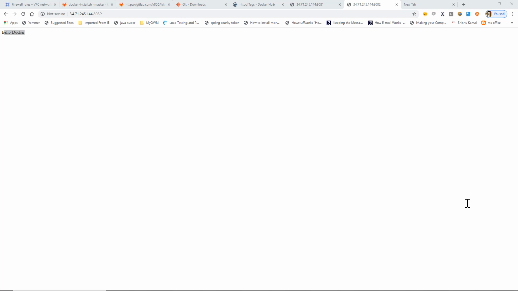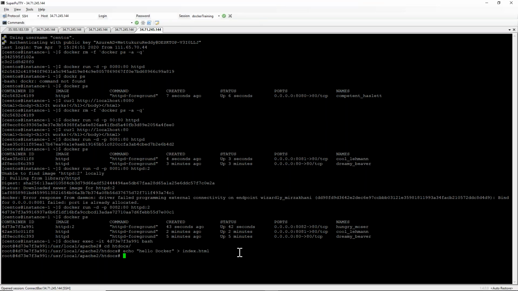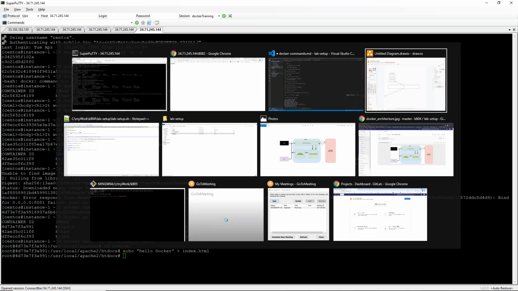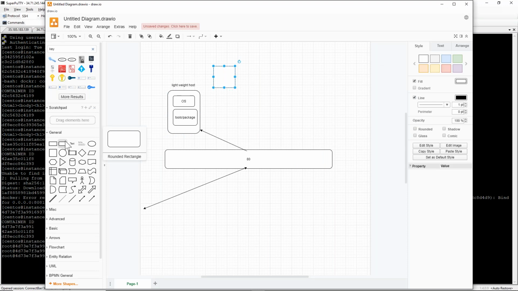Hi Shiva, I have one basic doubt. On our host, let's say our Linux server, we'll have any number of images, and an image can have any number of containers. Is that correct? Yes, one image can be used for a lot of containers. And our host can host any number of images? Yes, based on your RAM and your storage. Suppose you have 1 GB RAM, you cannot run more images.